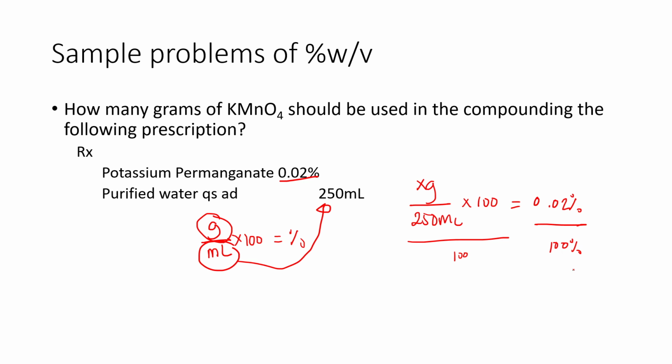Okay, so let's remove the percent sign, 0.2 divided by 100. You will get 2 times 10 to the negative 4th equals x gram over 250 ml. So to isolate grams, let's just move 250 ml to the other side of the equation. X gram equals 2 times 10 to the negative 4